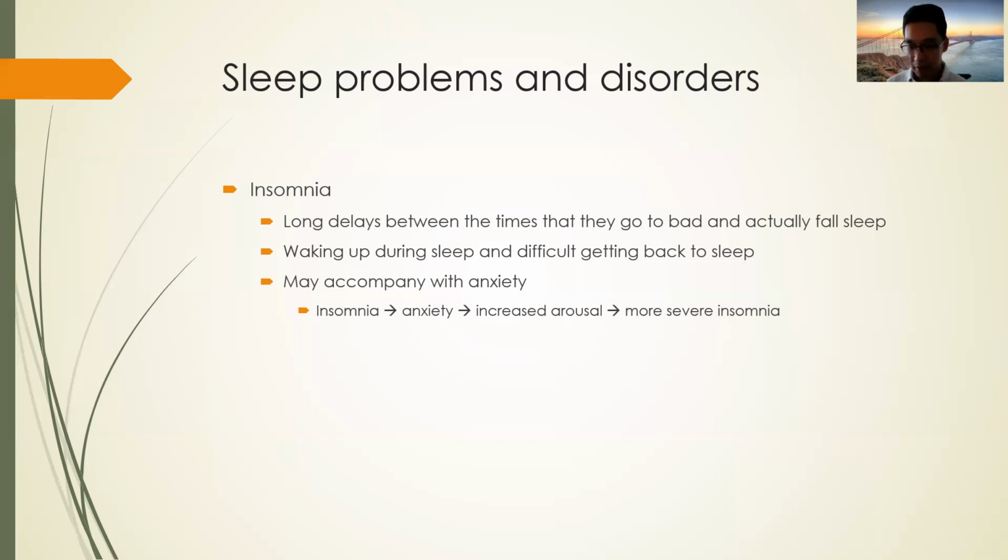You know, sleep is a process in which the level of activity of the brain or the physical body gets lower and lower. So that's why people can fall asleep. If the level of activity gets higher and higher, because people are so anxious, they get more insomnia. They cannot really fall asleep well. So insomnia creates anxiety. Anxiety creates increased arousal in the brain, and that creates more insomnia. So that's the vicious cycle of insomnia.